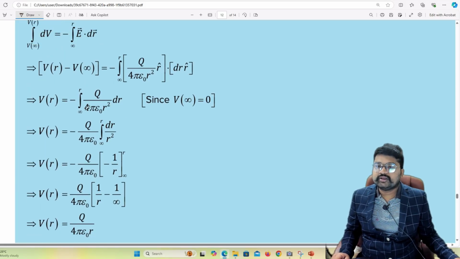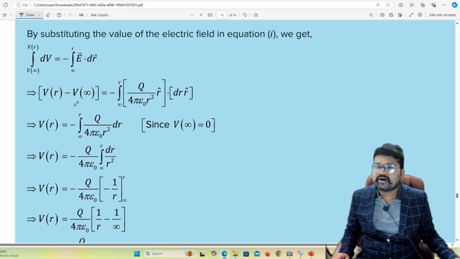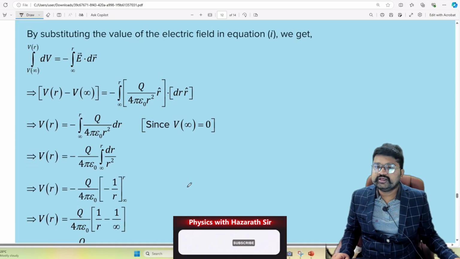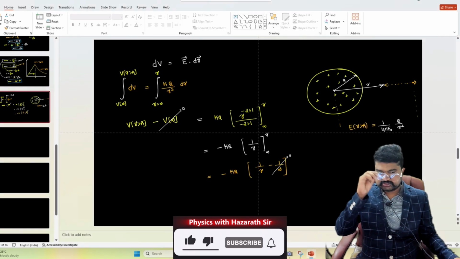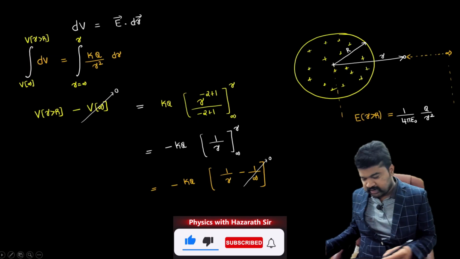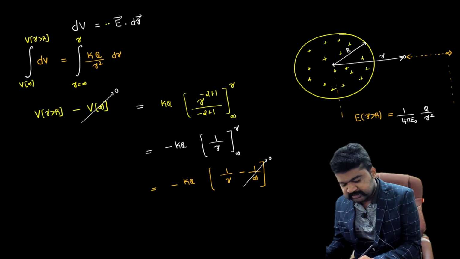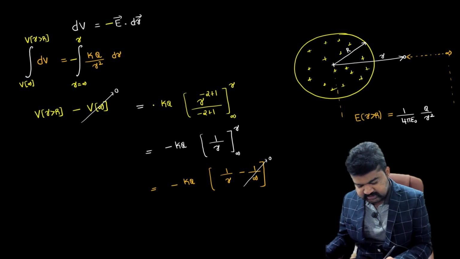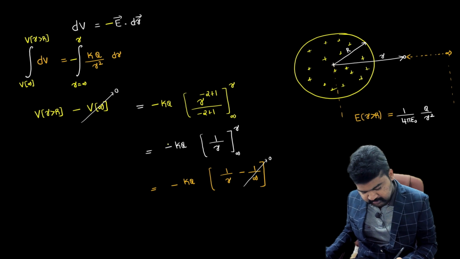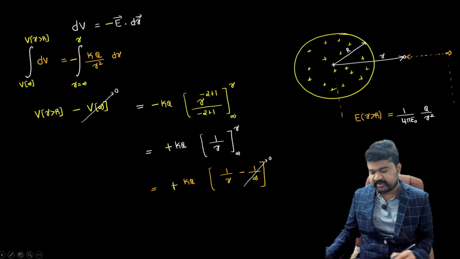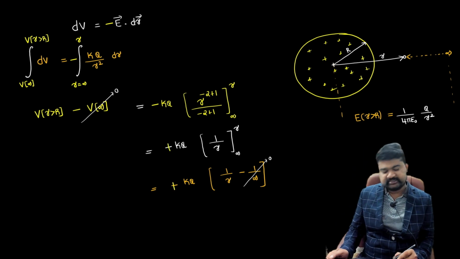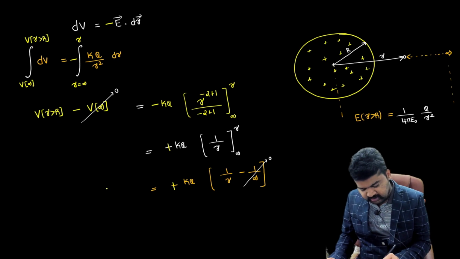Here to here, infinity to R, V of R minus V of infinity. So one minus is pending. Sorry, here already we are having minus, right? So this part minus, this is already minus into minus, plus C we will be getting. Here already one minus is there. So now tell me V of